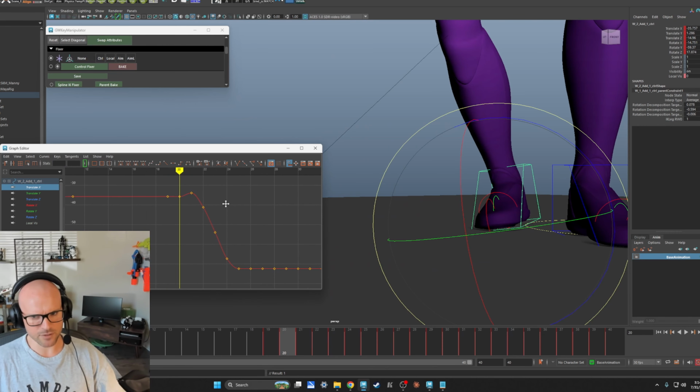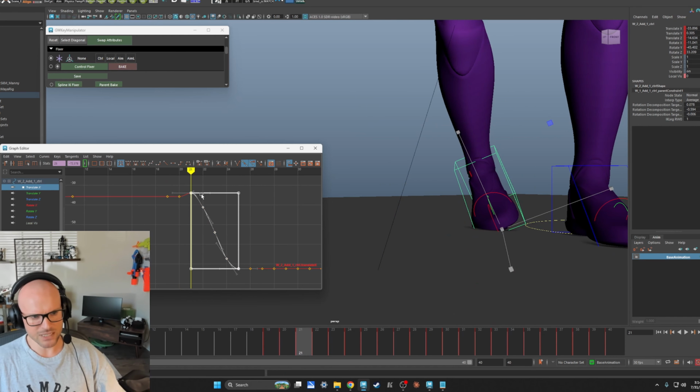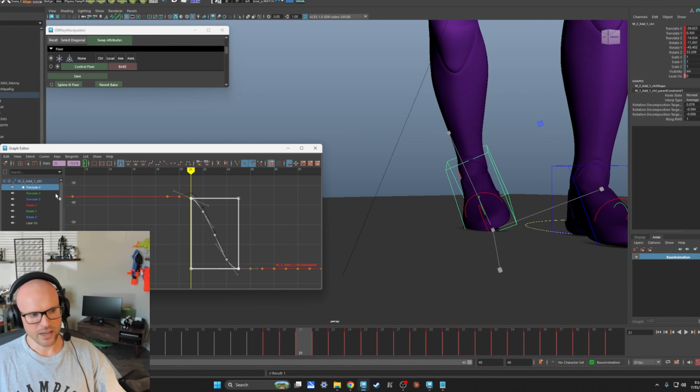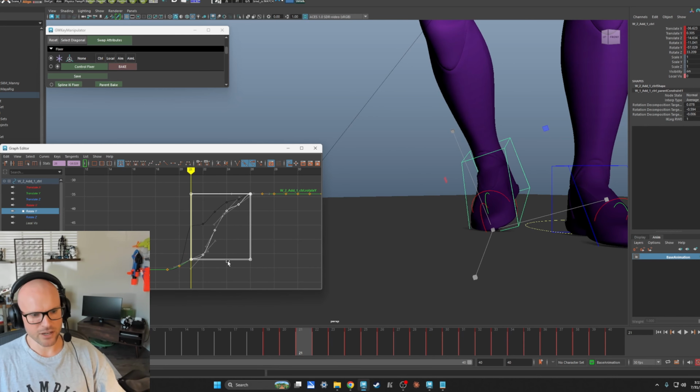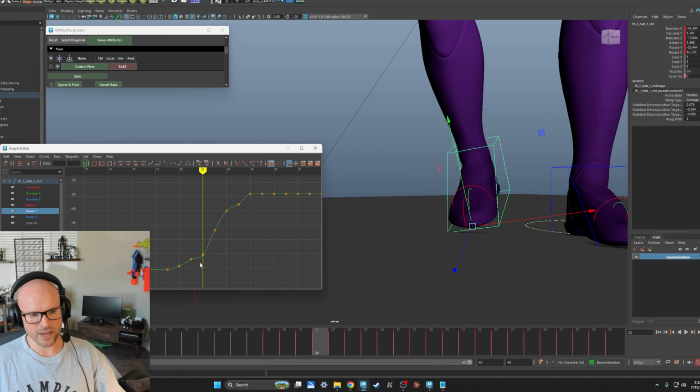You can see translate X from here. This is the pose I took off from. We're just going to go ahead and scale that. And we know we have to change the rotate Y. There we go. That's a big one. There we go. And now this is in the mocap data, but